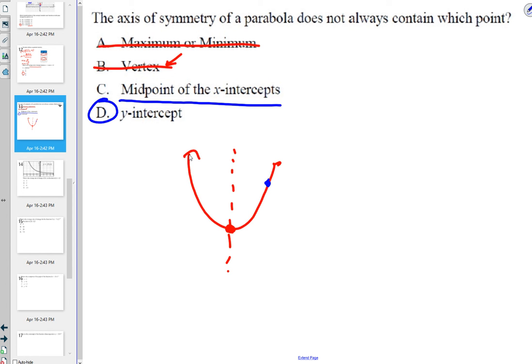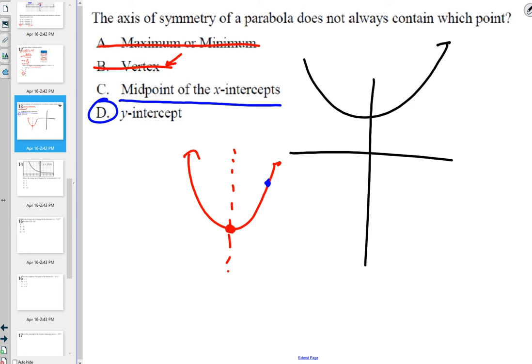Because it's saying the midpoint of the x-intercepts. That's usually true, but there is a counterexample. Does a parabola have to have x-intercepts? No, so I can make the argument, which of them is not always true? Well, if I have a parabola that's up here, there are no x-intercepts. So I can make the argument now of the two. I wish this would have said which best answers, because of the two, yes, D is right: the y-intercept has nothing to do with it. But assuming that a parabola does cross through the x-axis,